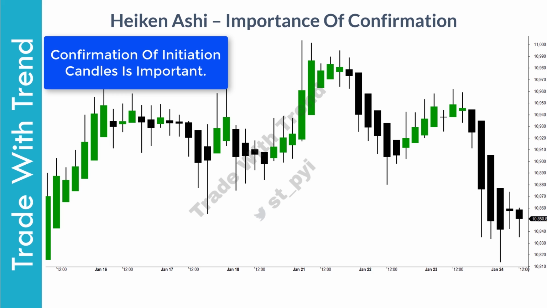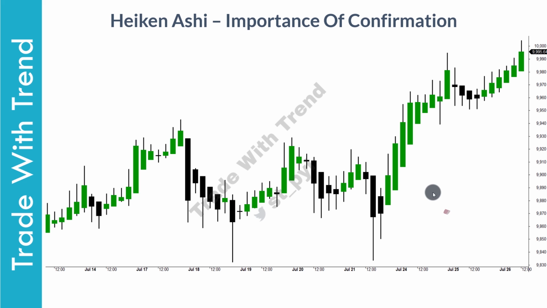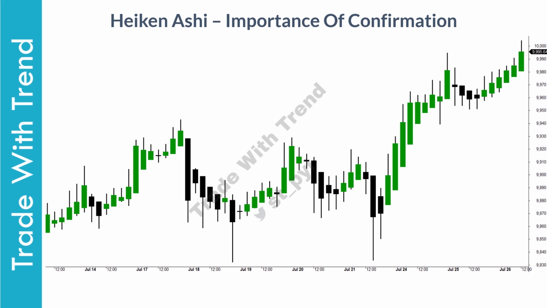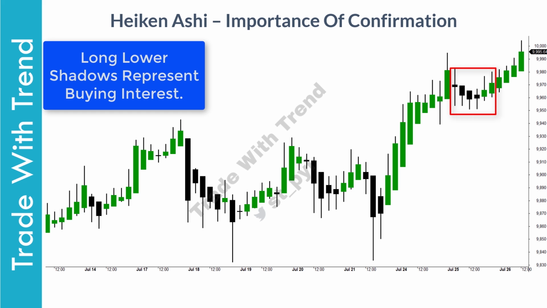The key thing here is to be aware of the importance of both initiation candle and continuation candle. It is the combination of these two that makes Heikin Ashi a very powerful charting method. Now, if you look at the chart in front of you, these two are strong initiation candles visible here. Both these candles are very strong and were coming on the back of long shadowed demand candles as I've marked on the chart. Now, once these two initiation candles showed up, look at how consistently continuation candles reaffirmed the direction of trend. Now, in this section, while few indecision candles are visible, price did not move lower.